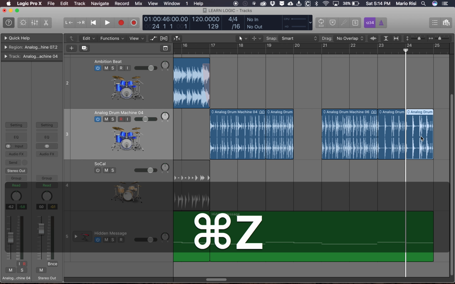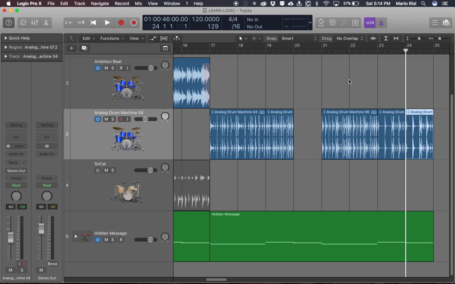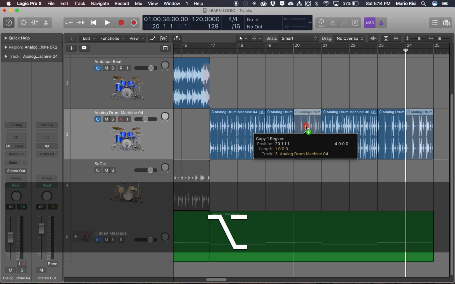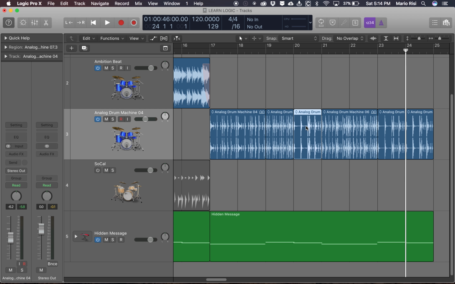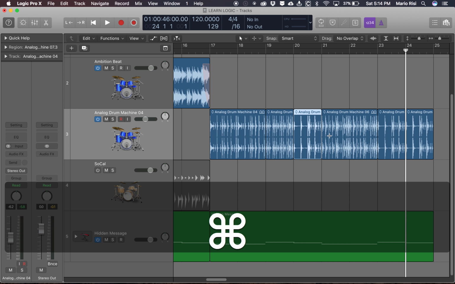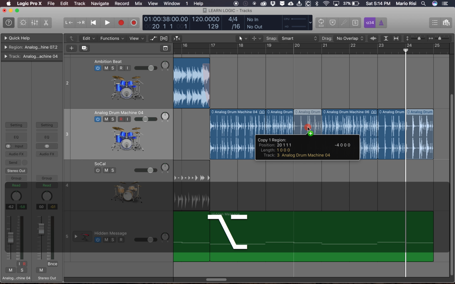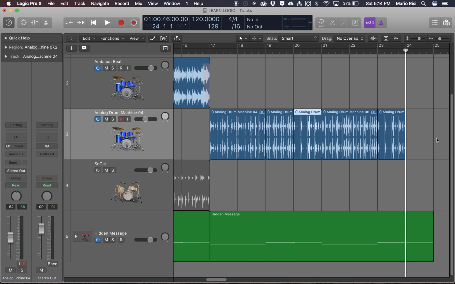Let me illustrate that again. This way you won't lose your marbles. Option, click the region, drag it, unclick, let go of Option. That's to drag a copy over. Let me undo that. If I go Option, click, and drag over, and let go of Option, the first one